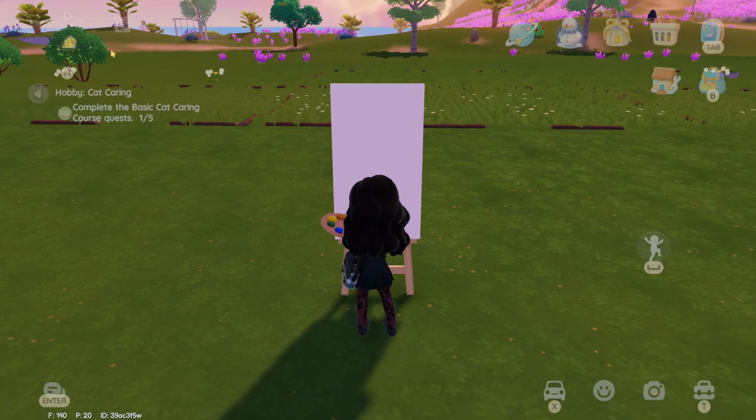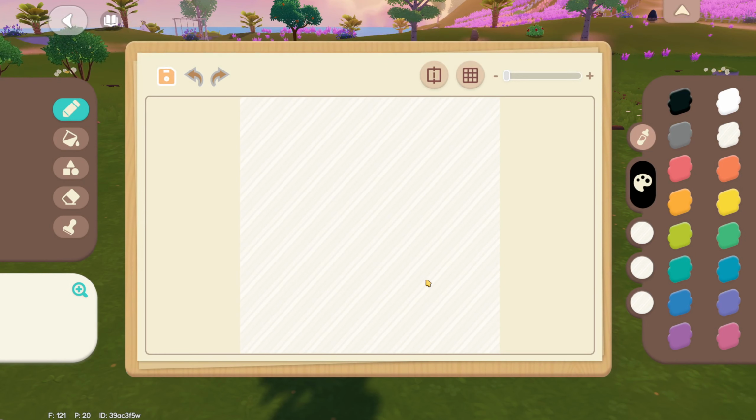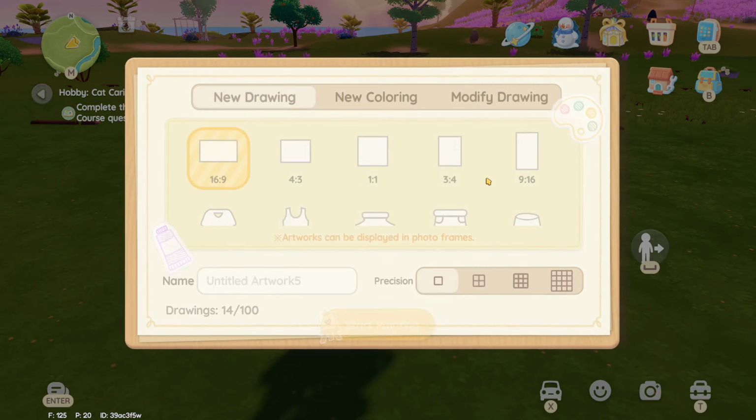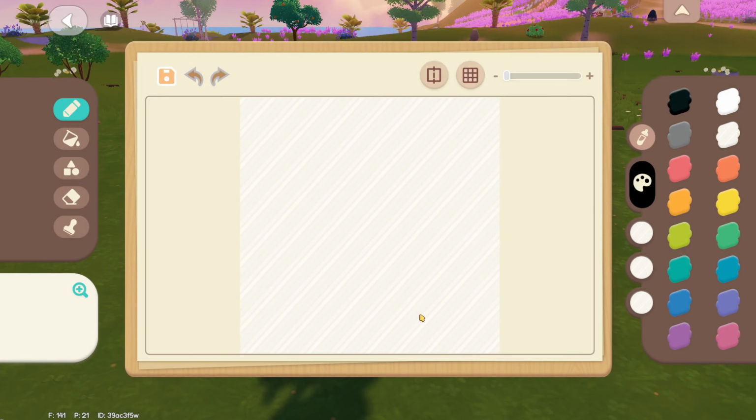Start. Oh my gosh, why is this not... Sorry, I'm choosing 1x1, but it chose something else. As you can see, oh my gosh, hold on. It's a bug, okay? Sorry, guys. There we go. As you can see,